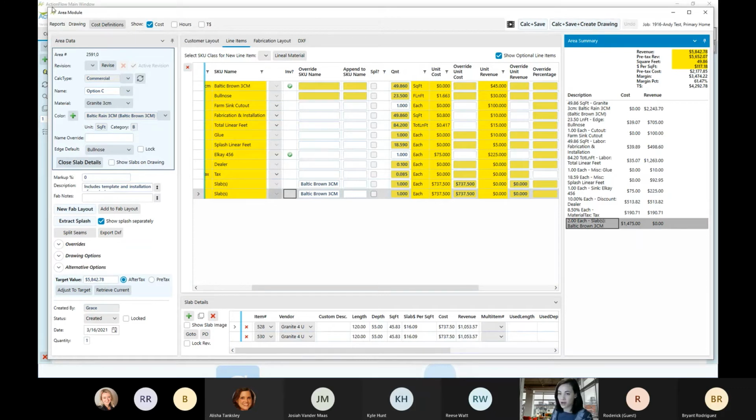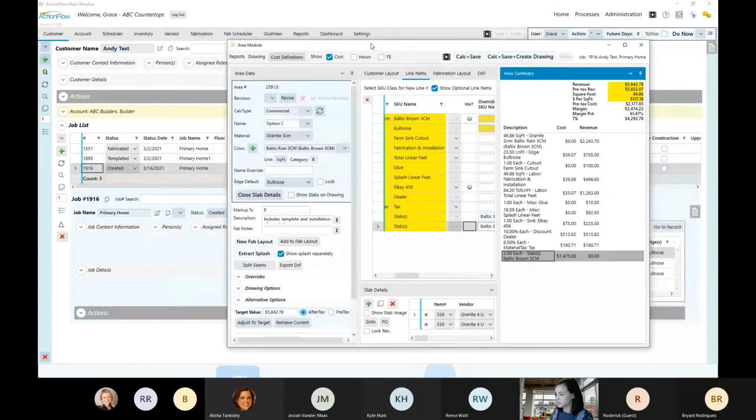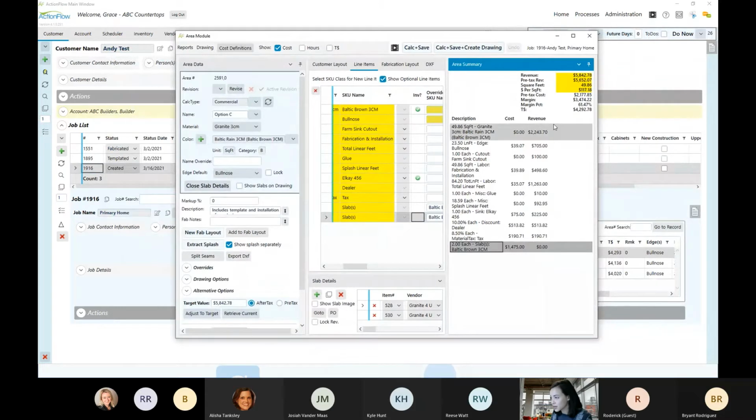Once we do that, regardless of how you charge for material, we're going to look at this area summary. So in each case, we're going to have a pre-tax cost, a margin, and then a margin percent. So if you have your cost information, again, here's the sink. Again, I said that's pretty straightforward, right? $75 was the cost, and you're charging $225. And then we have the material here as well,